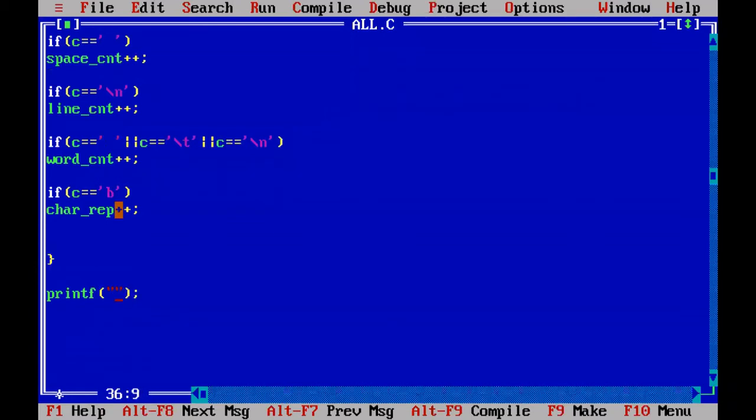Printf the character count. First we will come with the character count, percentile D, then backslash n. Then I'm going to print word count,